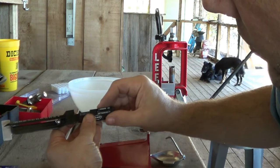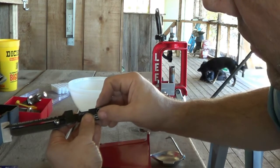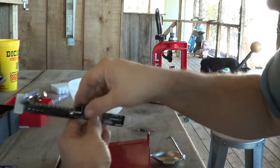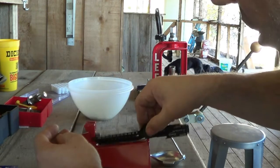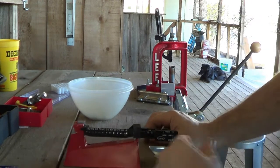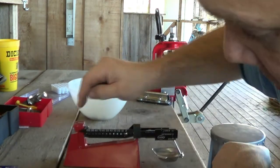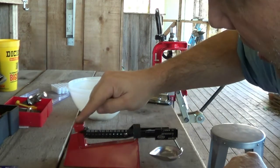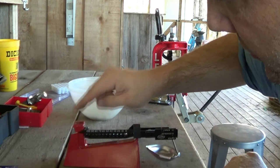Right there, it's right where I want it. So then I push that in there, and that locks it in place. Now, what that does is you can zero the scale. Now we want this to equal 0, and we can change it with this little dial right here. Now I just hit that to slow it down,